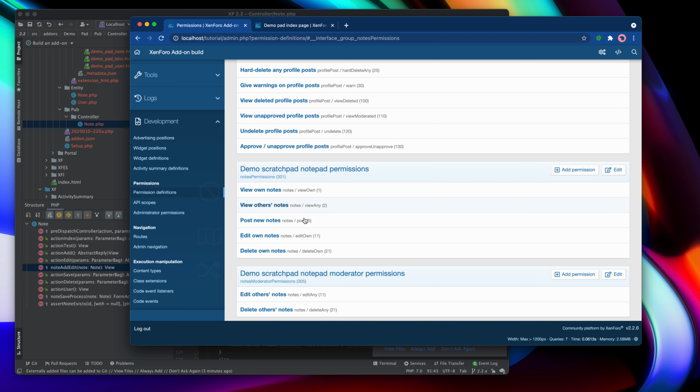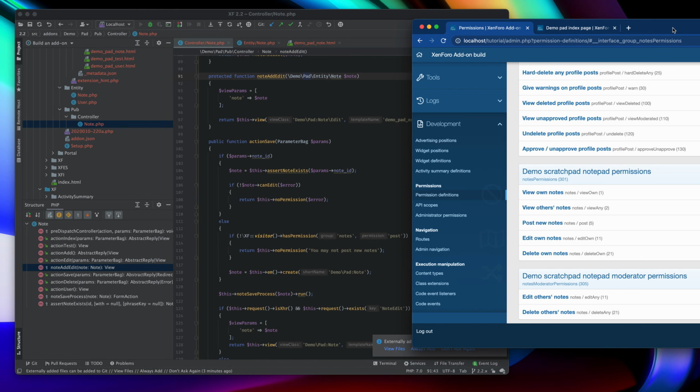So these are the permissions that we need to set up, and we need to make a note of all of those, and then go to the setup script and award them to the appropriate user groups as part of the setup process for this add-on. So let's just move that out of the way so that we can keep a reference there, and then bring up our setup.php, and let's add a new public function to be install step 2.